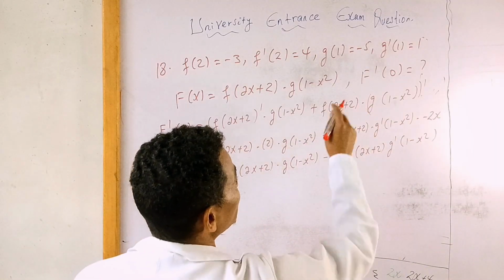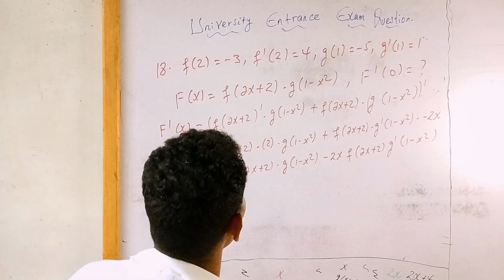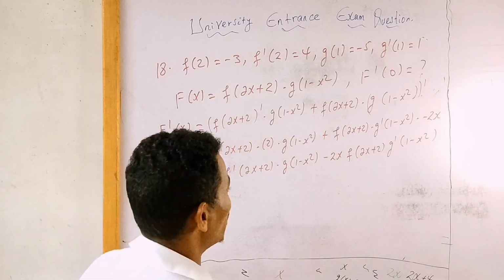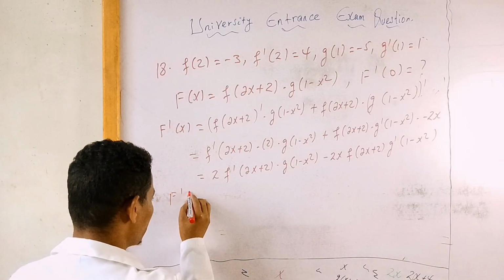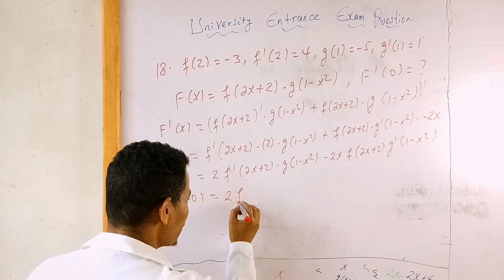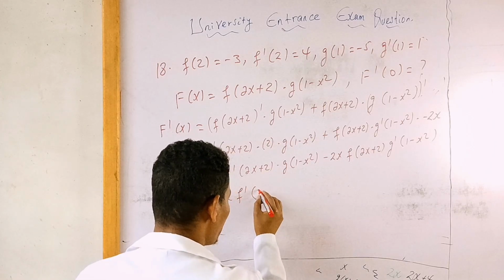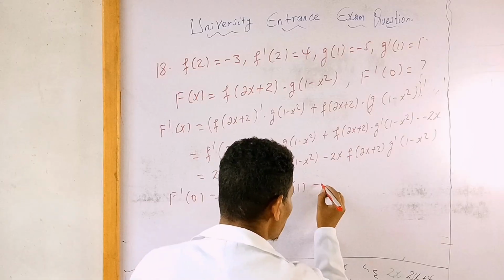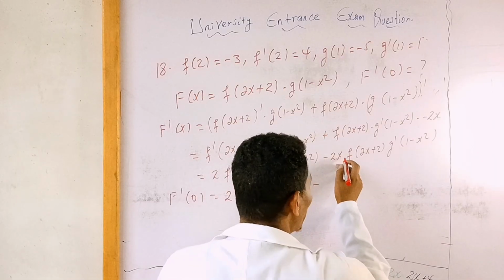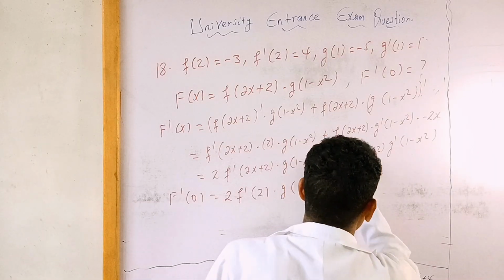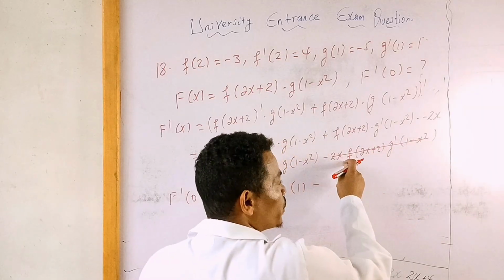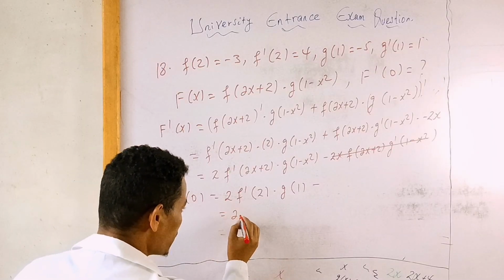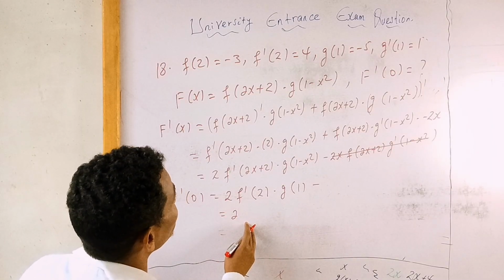ስለዚህ የተፈለገው ምንድነው? So the question is ምንድነው የተፈለገው? f derivative at 0. ስለዚህ f derivative at 0 is equal to 2 f derivative at 2 ሲተካ እዚህ ጋር 2 ይሆናል times g of 1, እዚህ ጋር 0 የሚሆን minus 2 times 0 ስለሆነ ይሄ ፓርቱ 0 because 2 times 0 is 0, 0 times other part is 0 ነው። ስለዚህ እቺን ብቻ ነው የምንሰራው 2 times f derivative at 2 is 4